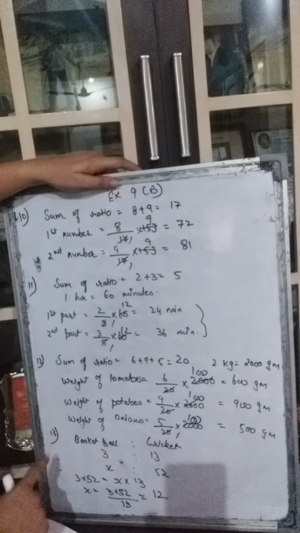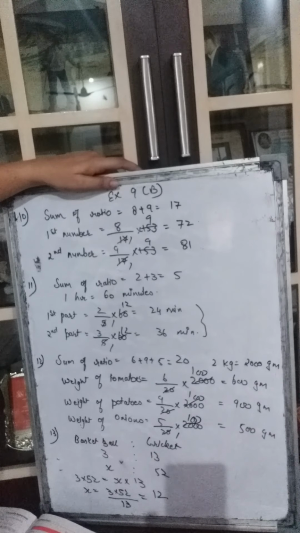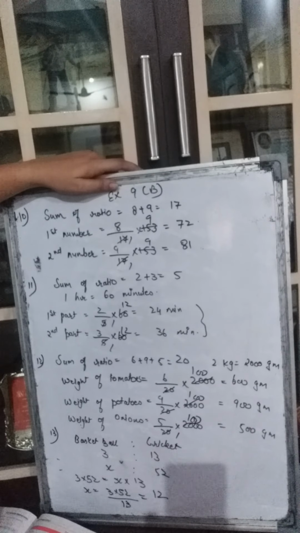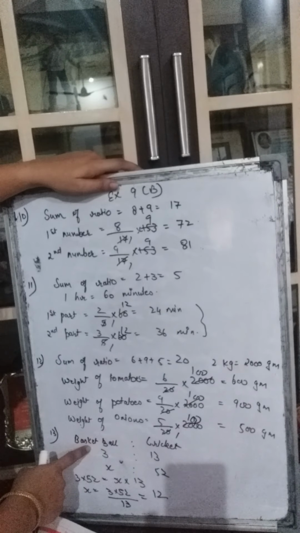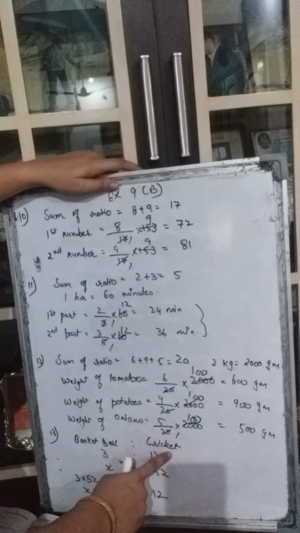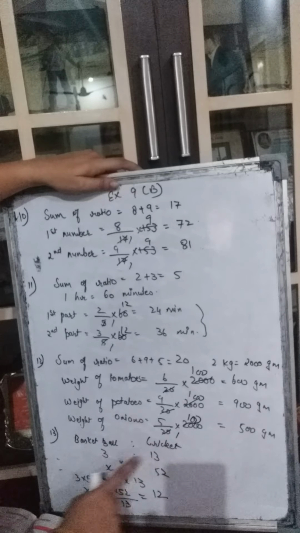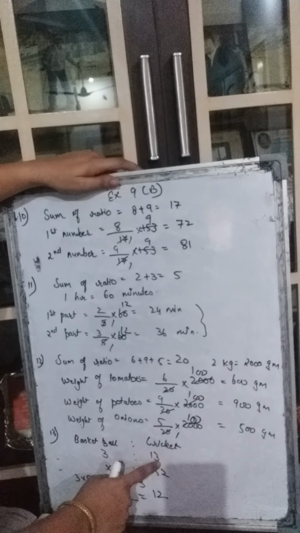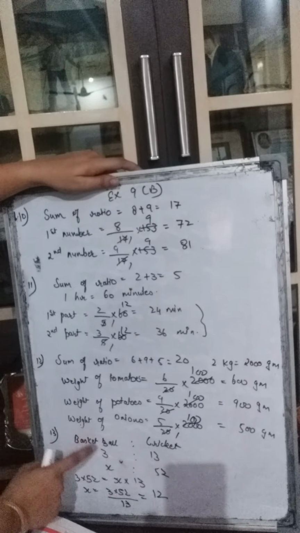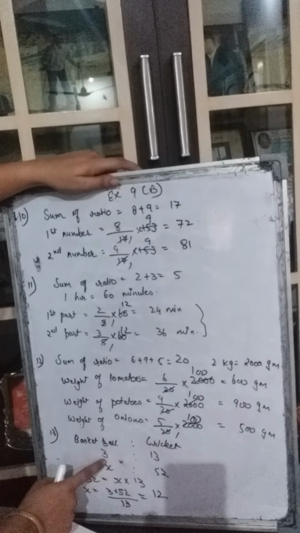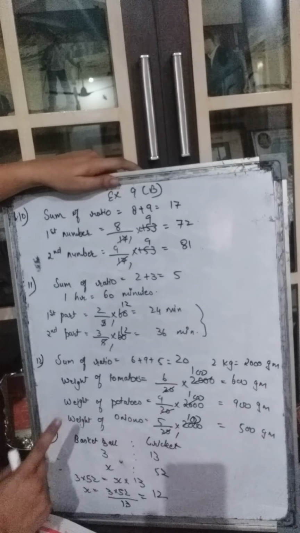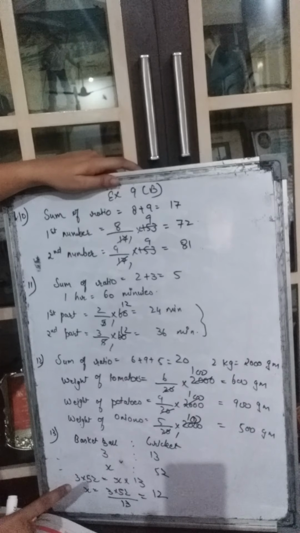Now let's do the 13th question from MCQs. It says that the ratio of the number of students enrolled for basketball to the number enrolled for cricket is 3:13. That means two headings are there. The students enrolled for basketball and the students enrolled for cricket. Write the two headings here. And what is the ratio? 3:13. Basketball is having a ratio of 3. Cricket is having a ratio of 13. So the correct ratio should come under the correct heading. This is very, very important.